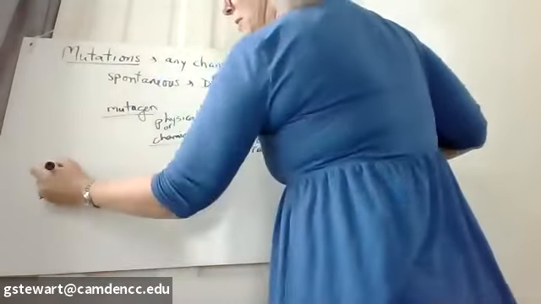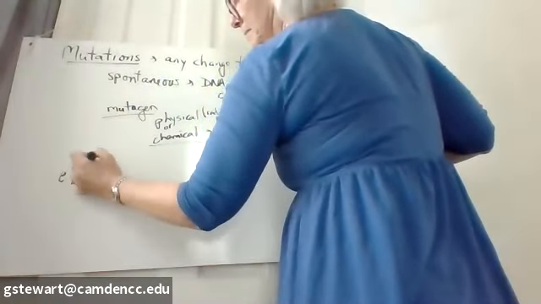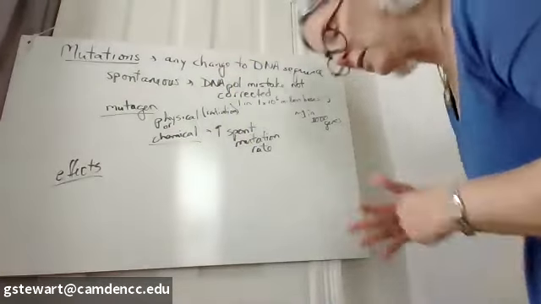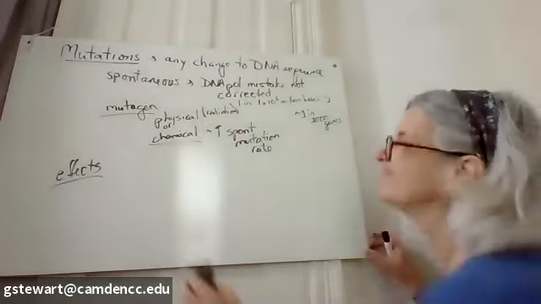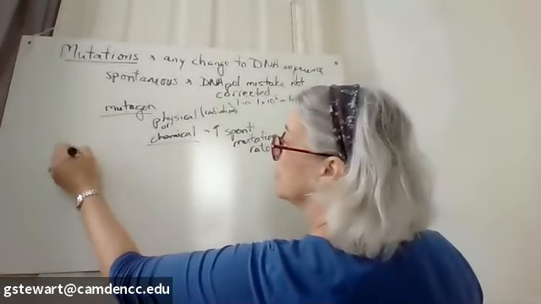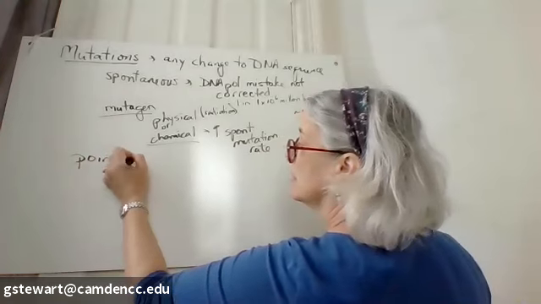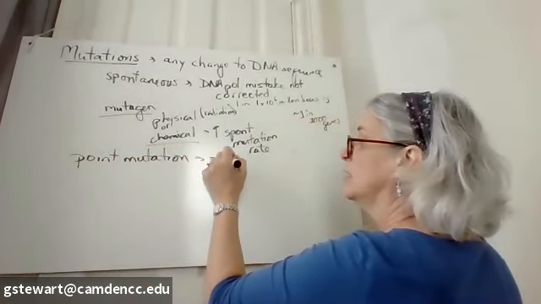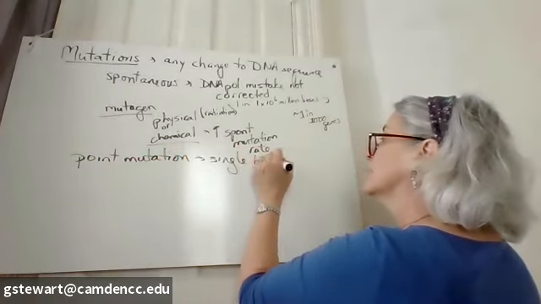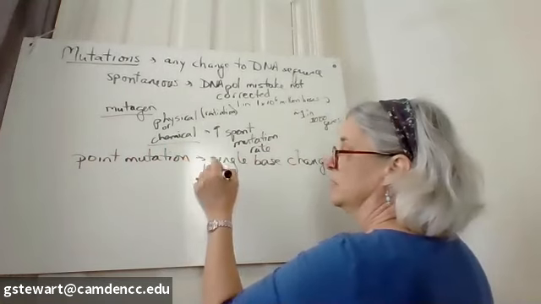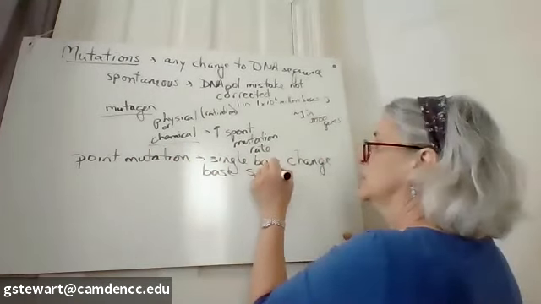The effects of a mutagen or mutation fall into a few categories. And actually, before we even talk about the effects, we're going to limit ourselves to point mutations here. A point mutation is a single base change. Most often it is what we call a base substitution,